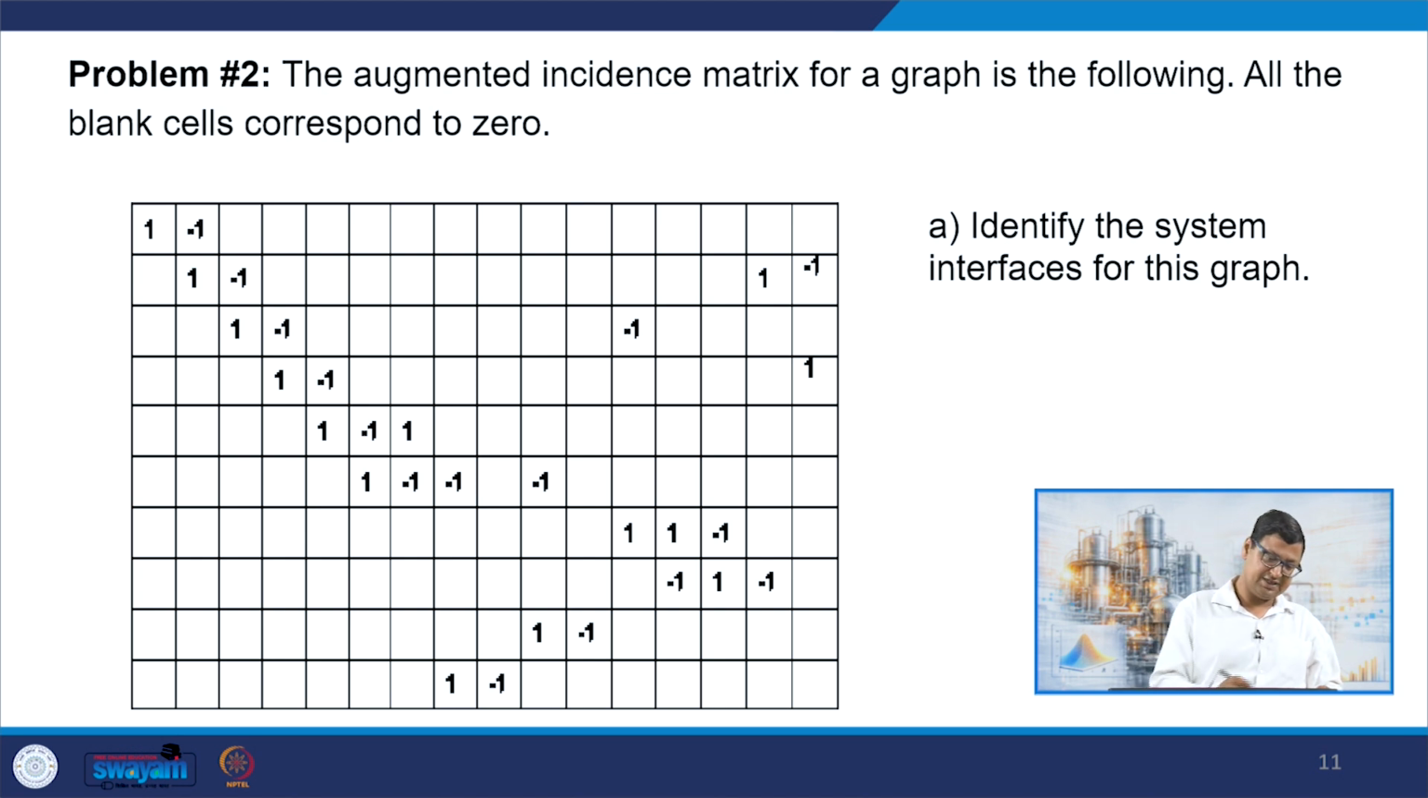So, let me just label the vertices 1 to 10, and the edges. So, we have 16 edges,